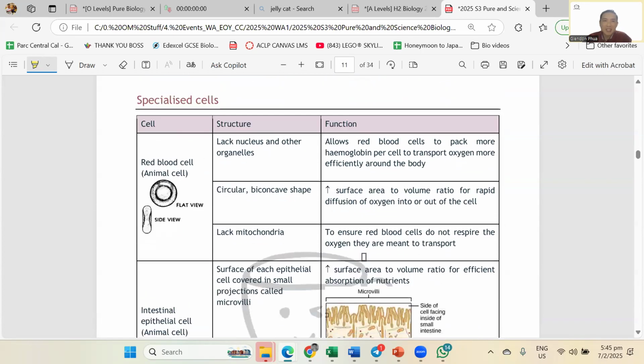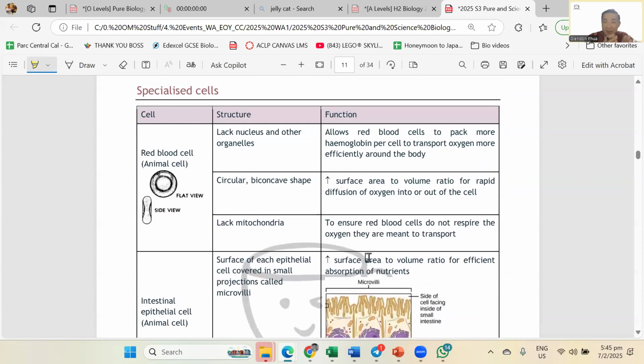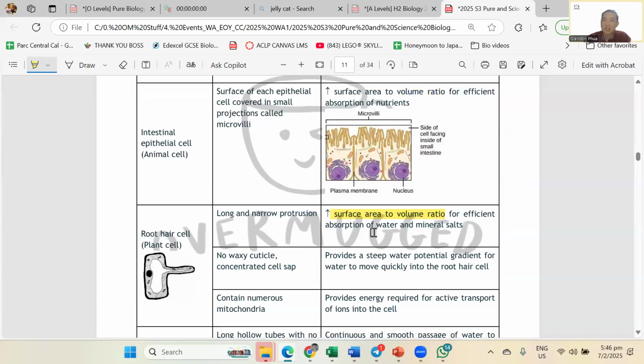Okay. Now the specialized cell one, this whole entire thing can be summarized as one thing. Everything in the animal cell and the plant cell, whatever structure there is, if in exam you blank out, just remember, hantam this word, increase surface area to volume ratio for rapid whatever. And I'm going to prove it to you. Red blood cell, biconcave, for what? Increase surface area to volume ratio. Root hair cell, got extra long protrusion, for what? Increase surface area to volume ratio. So if in the exam, they ask you for a structural feature for either of it, whack the structure that gives you an increase in surface area to volume ratio. Okay, high chance you are correct.